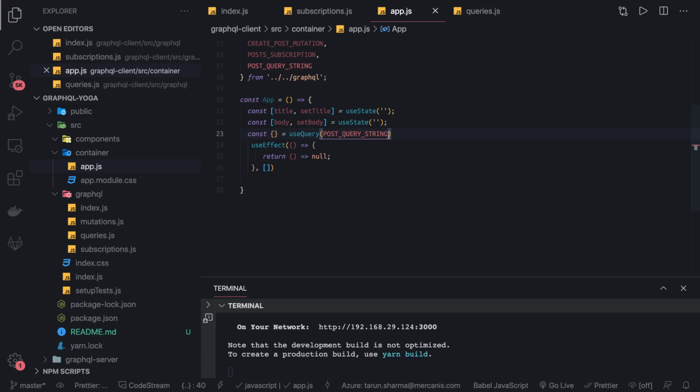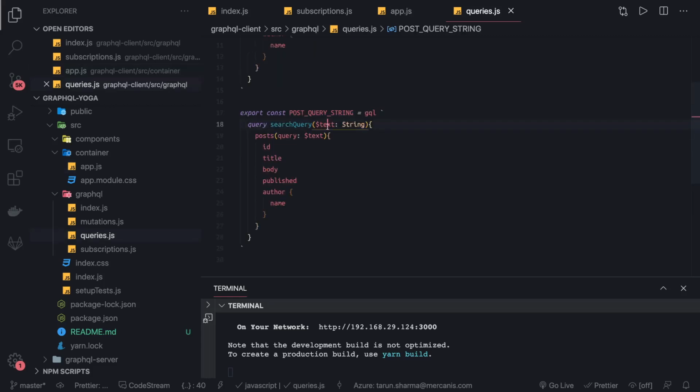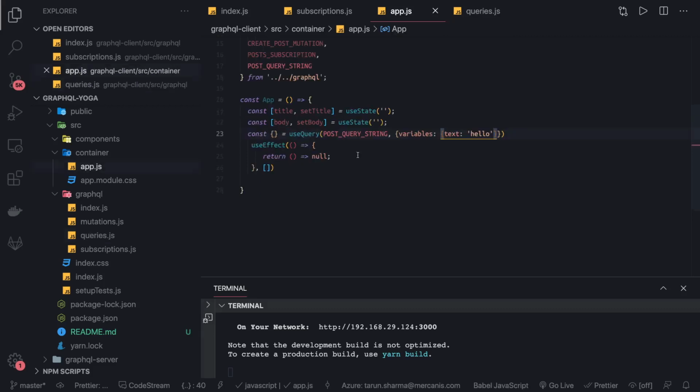So variables is an object, and inside variables I can say the text is hello. If you see this query, the dynamic argument is text, which is of type string, and the same text value will be published here. This is how you can use useQuery, and you can also pass the arguments dynamically. Currently we are not passing any arguments, so we are not using it.